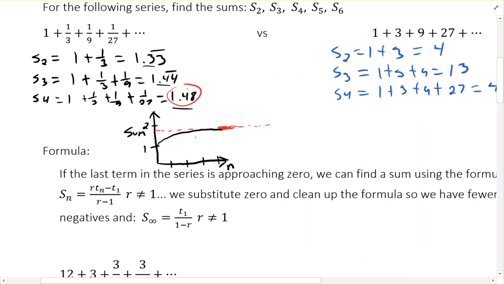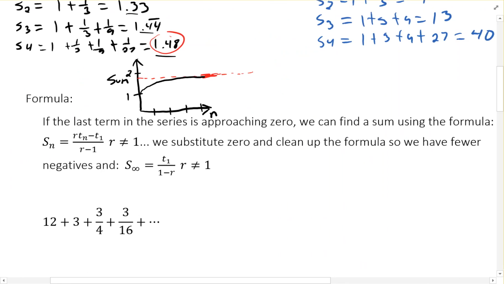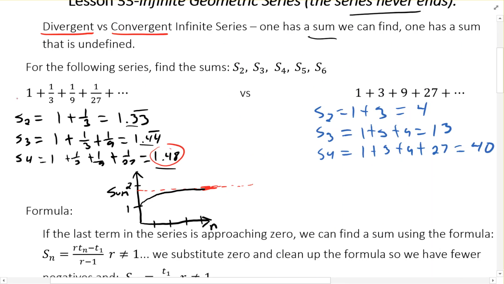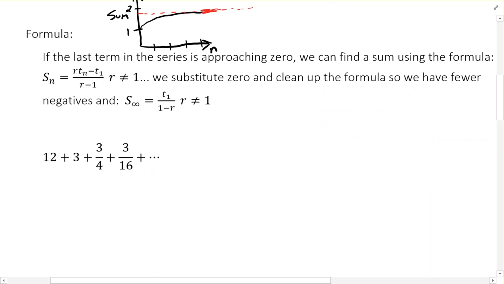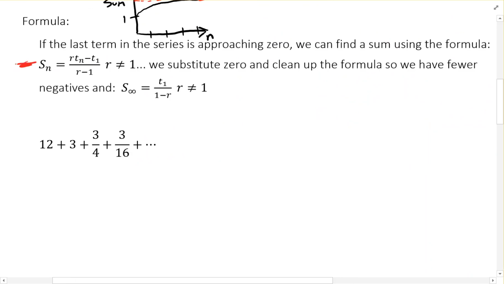Convergent, we can figure out what the sum is if you added all these things up as it started to approach that line. So that's where we're going to go next: convergent infinite series. They're going to be ones like this, where it's 1 and then a smaller number, smaller number, smaller number. So they converge on a single point. All right. Now, if we start off with the formula that we had in the last lesson,